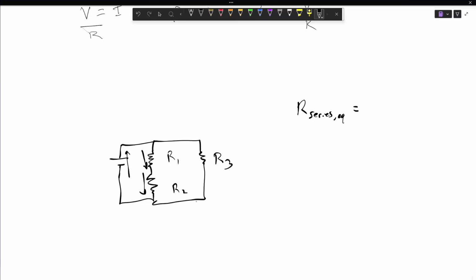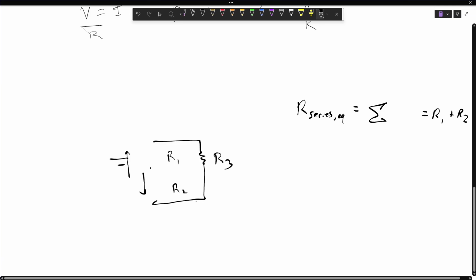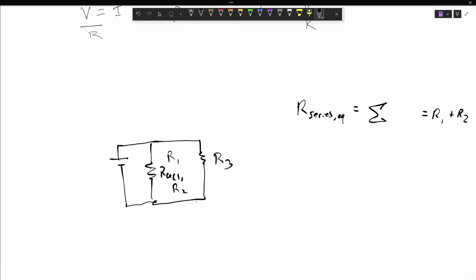The equivalent resistance is just adding up each resistor. So if I just did R1 plus R2 here, that would be the equivalent resistance of this branch. And then I could effectively replace that whole branch, for temporary analysis, with an equivalent between 1 and 2. Because of that equivalency, I can now use Ohm's law to figure out the current here, and then zoom